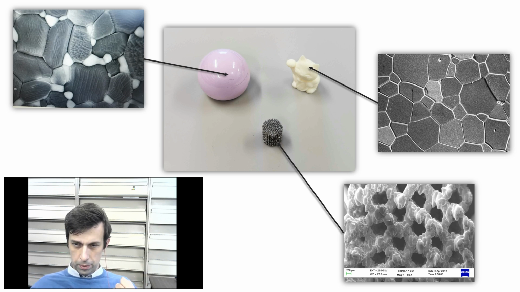And if we take a sample of the size of the image that we have in the bottom right, which is obtained by a scanning electron microscope, of course, this sample is big enough to predict the properties that any object made of this titanium sponge has: